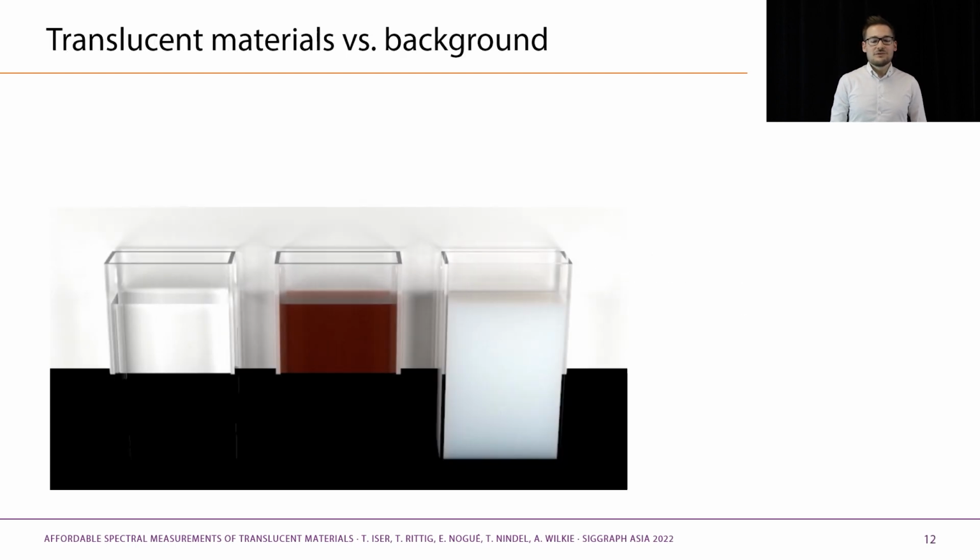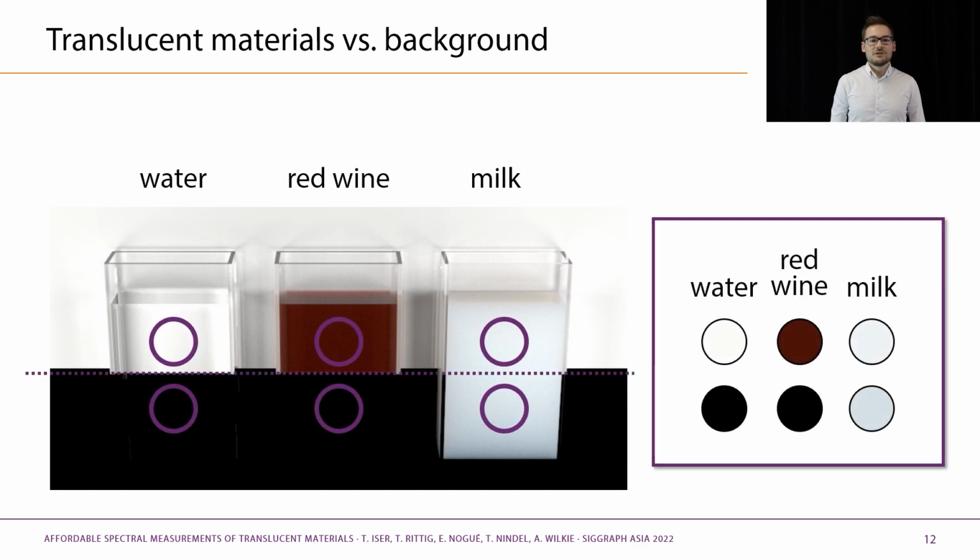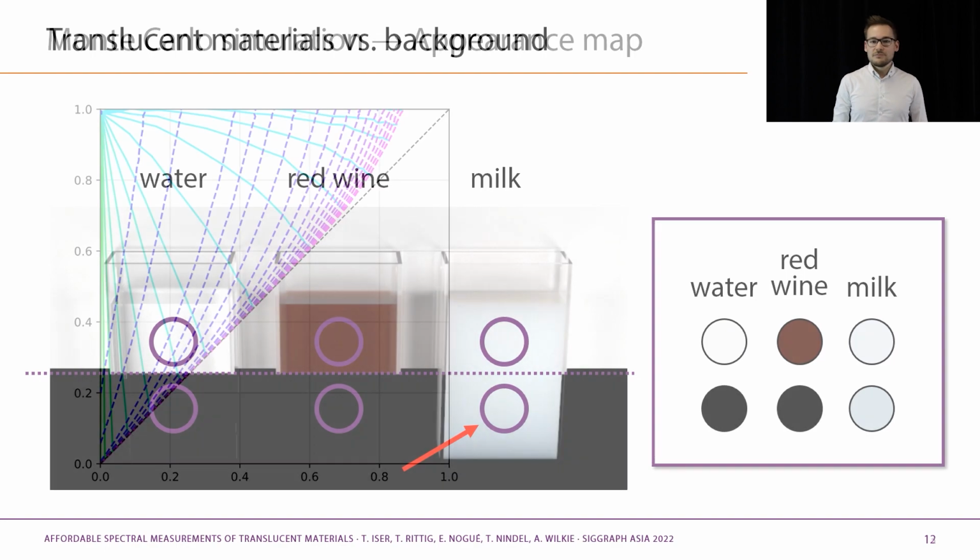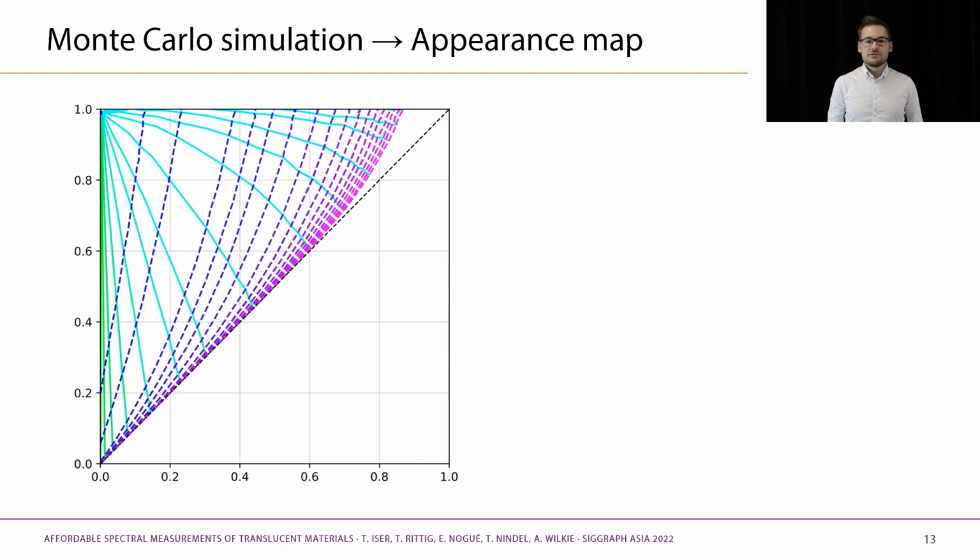On this picture, 3 cuvettes with water, red wine and milk are placed on a black and white background. As we can see, the color of each material on each background varies with the material's absorption and scattering properties. For example, milk is the only scattering material here, and so it's the only one which appears white on the black background. By simulating this scenario on a computer using Monte Carlo for various albedos and extinction coefficients, we created